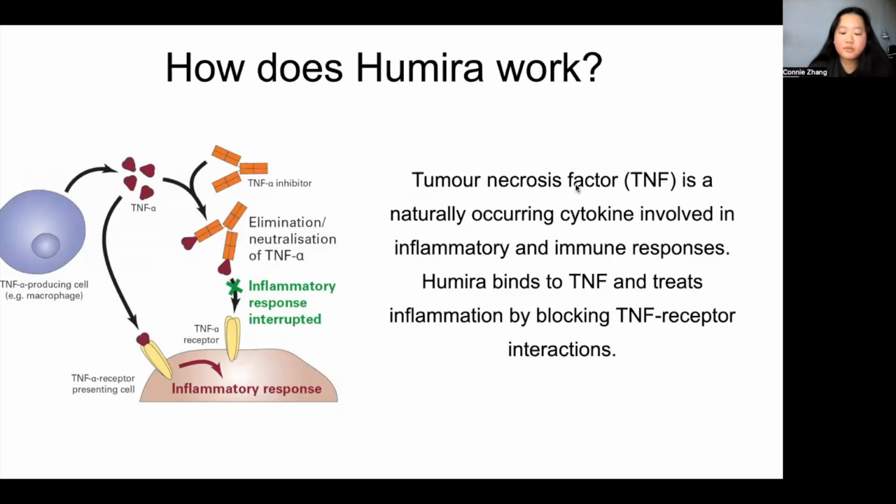To understand how Humira works, it is important to understand what tumor necrosis factors are. Tumor necrosis factor, TNF, is a naturally occurring cytokine associated with inflammation in the skin, joints, and gastrointestinal tract, and is produced by white blood cells in response to antigens or infections, indicating that the immune system is healthy and working. TNF-alpha circulates in the blood during the natural healing process, creating inflammation to allow that area of the body